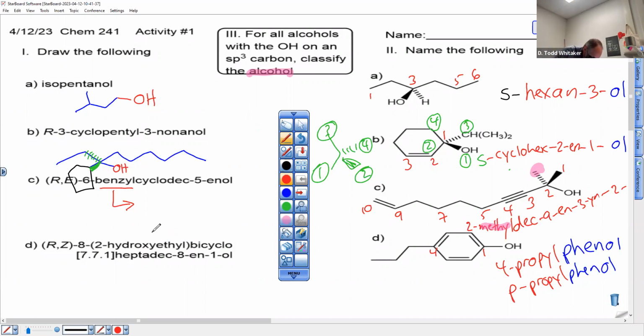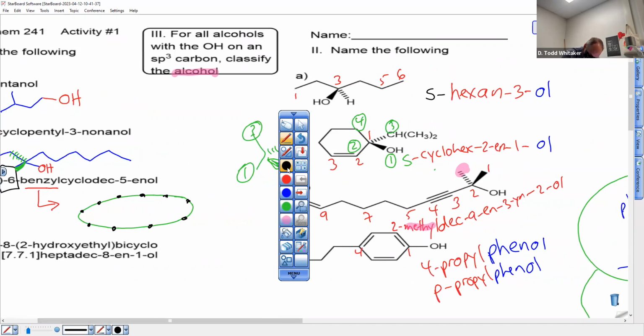So you're going to draw cyclodec-5-enol. This looks like a job for a circle with 10 dots in it. It's been a while. 5-enol, and it looks like I forgot to say where the ol is. This can happen. I would like to point out this molecule right here can be called, no, that's not the one I'm talking about. This one here, this next one,